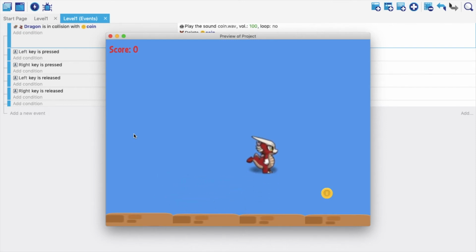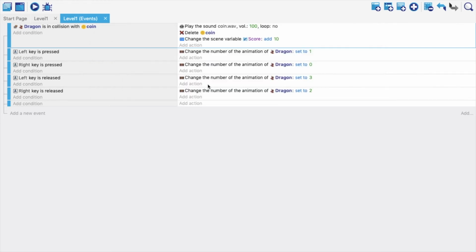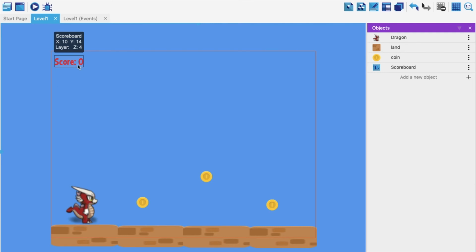Okay, you might be wondering that though we have coded, the score is not changing, because if you remember, what we have done over here, we are incrementing the variable every time, which I'm sure is working, but we have not written any statement for displaying that text, right? We need to display that text over here. In place of this, the new score should come. So for this, we need to work on this object, which is the scoreboard object. So we need to modify the score object, right? We need to modify this.